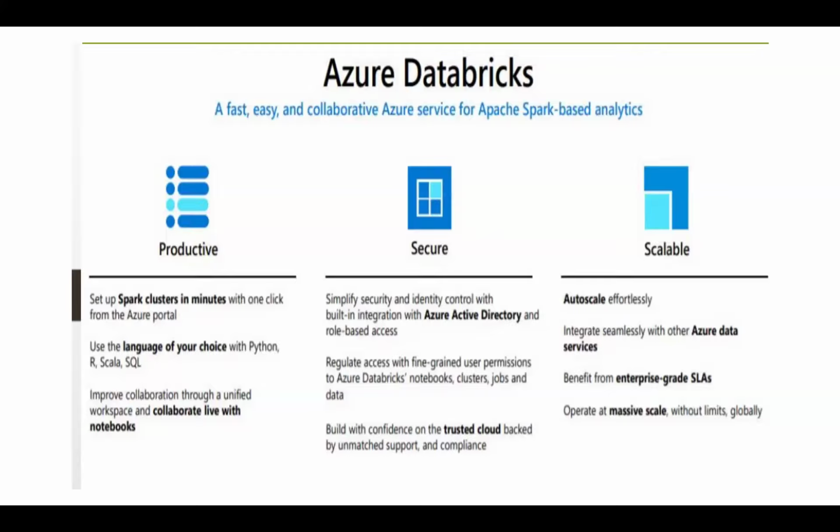In Databricks, you have notebooks, clusters, jobs, and everything, right? So we can implement security at different levels: object level, as well as row level or column level, which we are going to see. And scalable. So what is meant by scalability? Scalability is nothing but, suppose